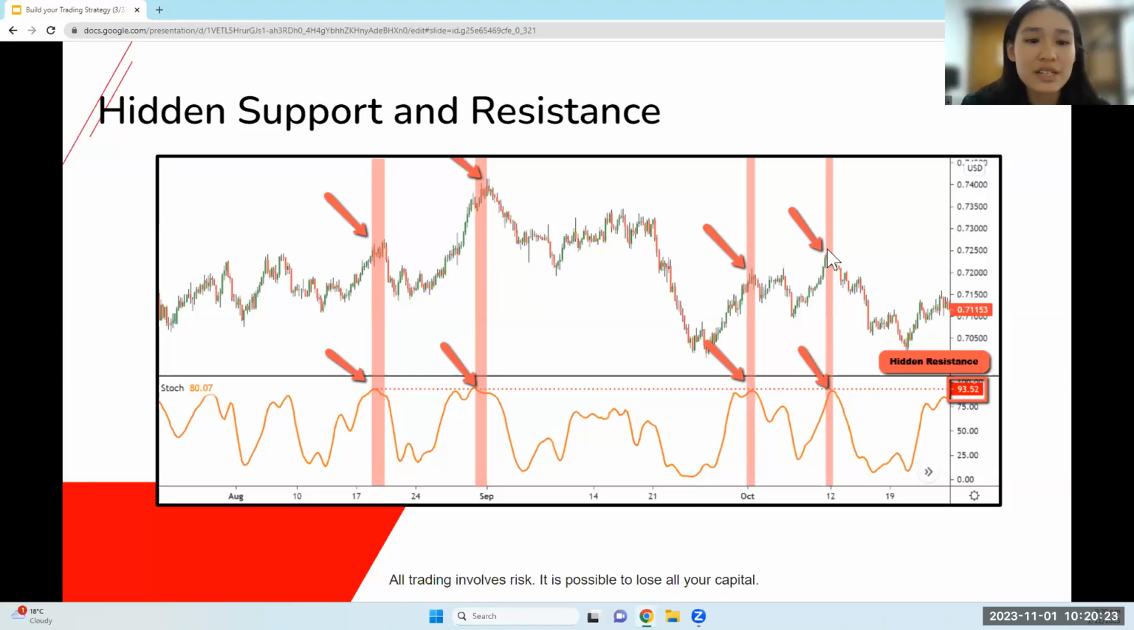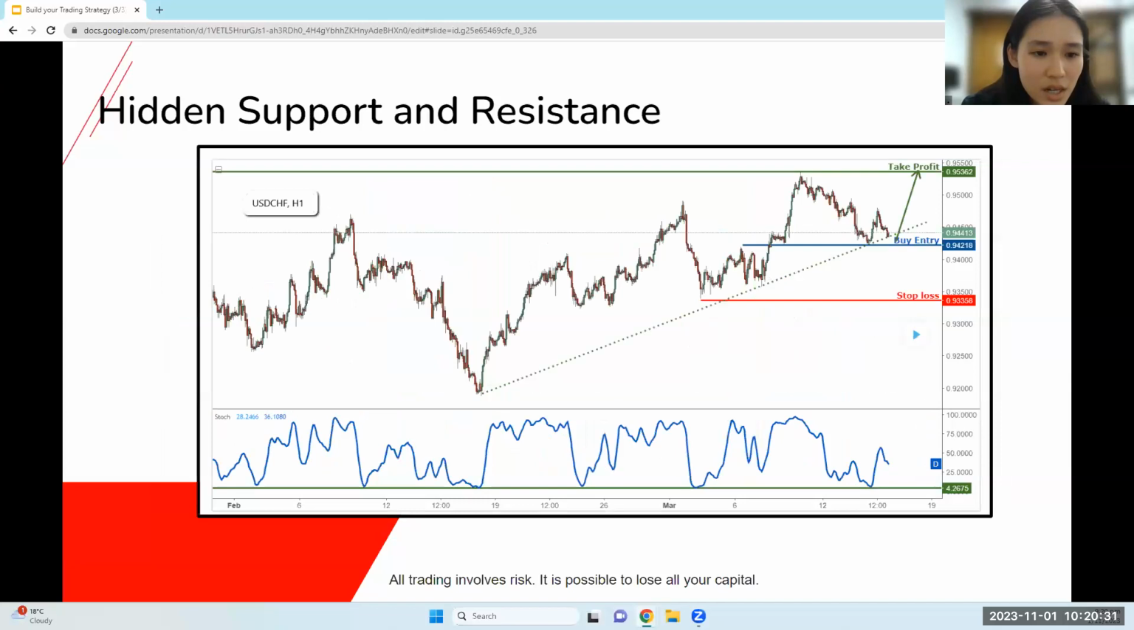So this is what we mean by hidden resistance. And then we can expect price to continue to respect this level here. Okay, here's another example of a hidden support or resistance. So once again, we are using a stochastic indicator. So we have a hidden support level in this case, and on our stochastic, and on our price chart, we have this